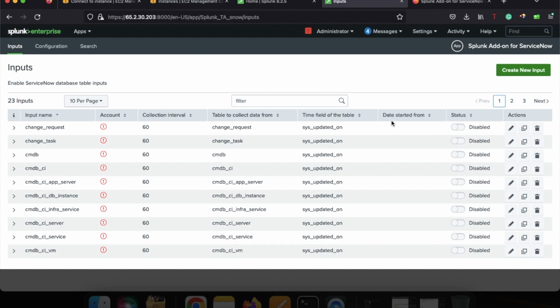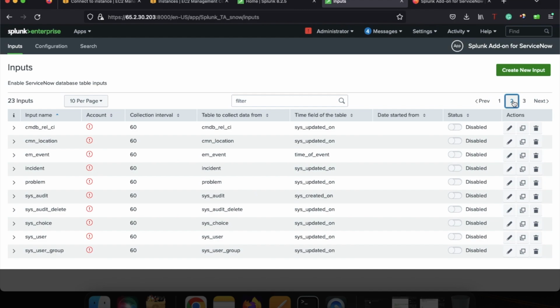So in order to go to the incidents, you can always go to the second page over here in the inputs page. So here you will be finding incidents. Now if you see over here, it is already disabled, and it is also showing this exclamation mark, so that means missing account information. So we have to provide the missing account